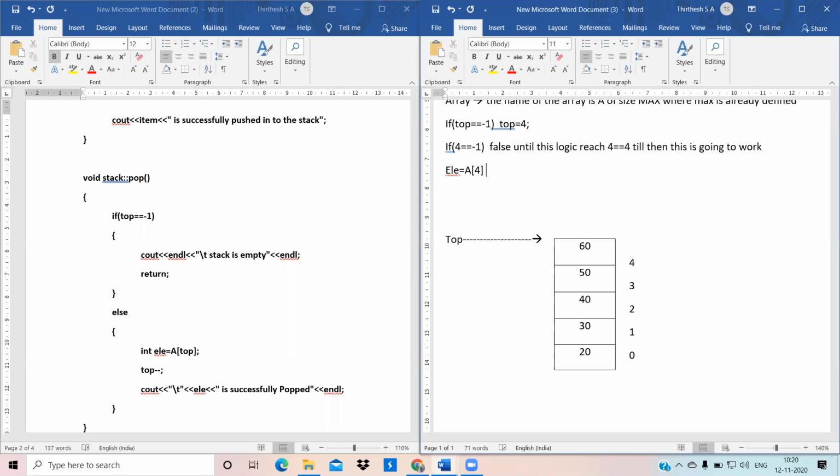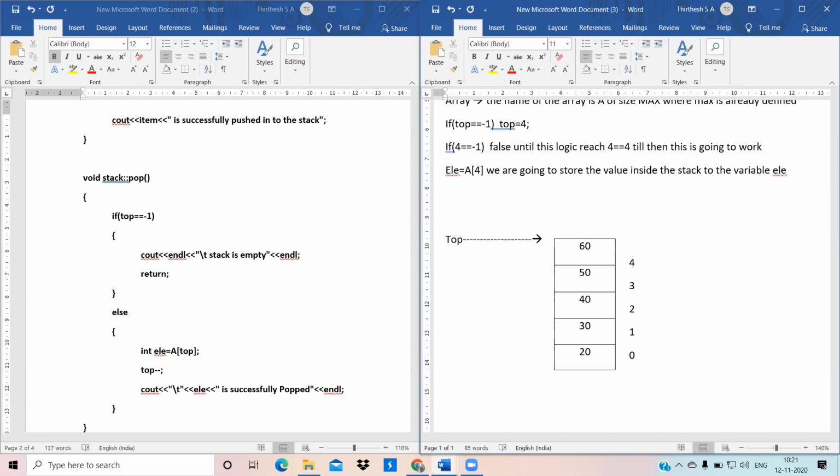Okay, now what we are going to do? We are going to store the value inside the stack to the variable ELE.